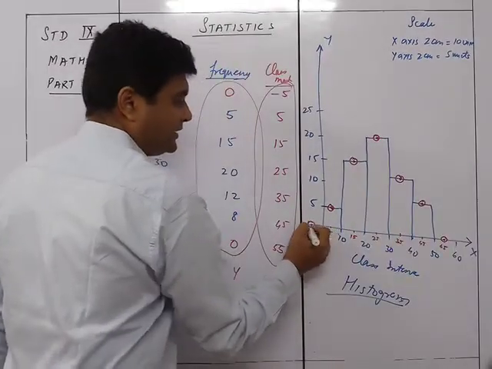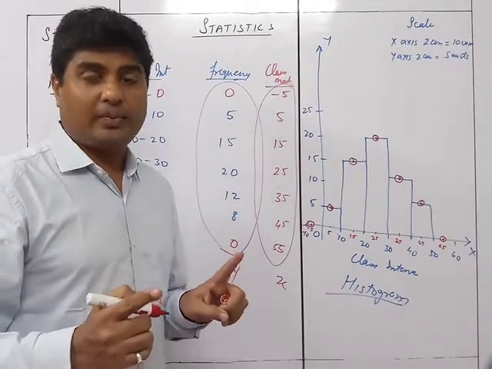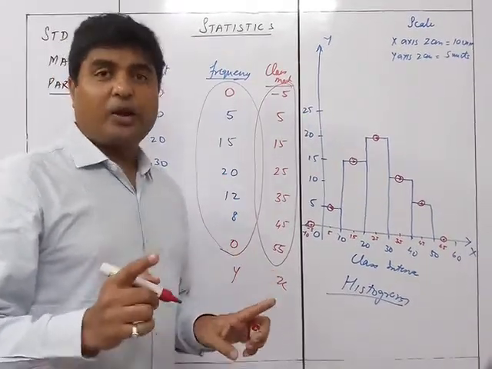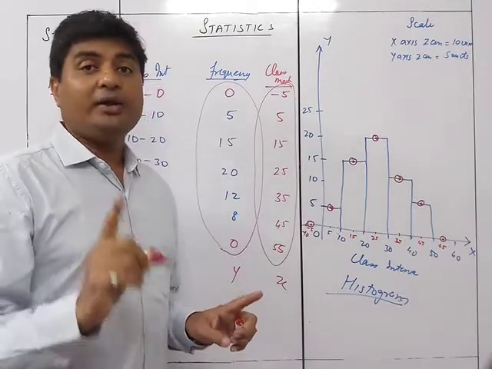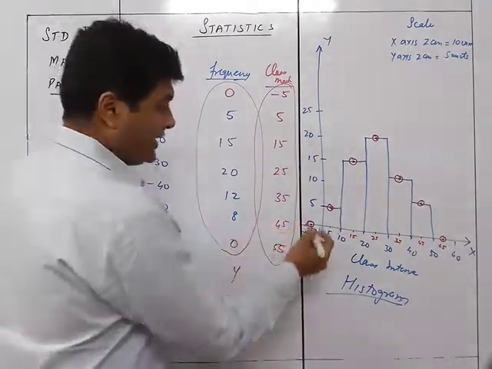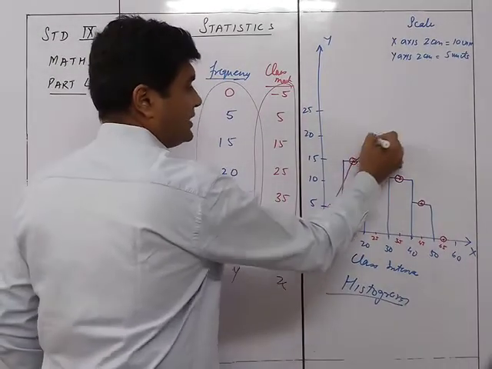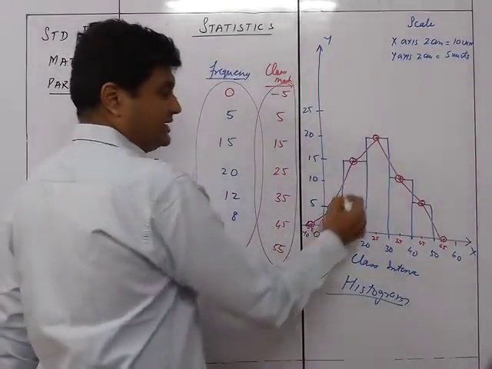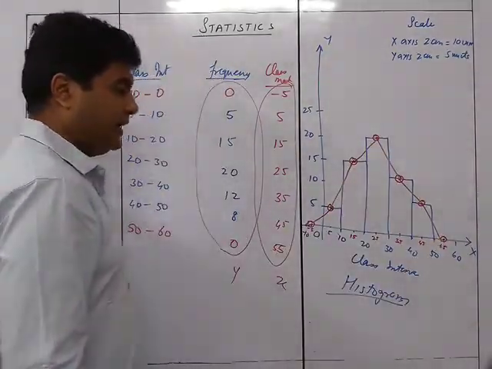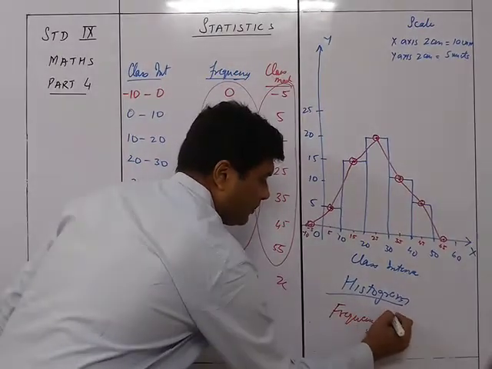So these are the required points which you need to join using a scale because it's a polygon. Because it's a polygon, no freehand drawing over here. Mind well. It has to be with a scale. So you take a scale, draw a straight line, take a scale, draw a straight line, and so on. So this blue colored line that you see is your frequency polygon.